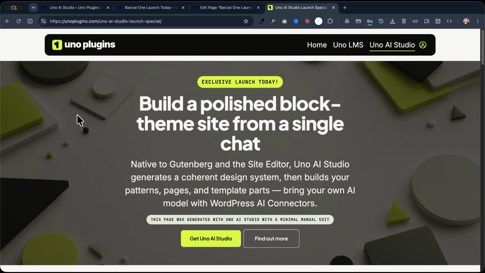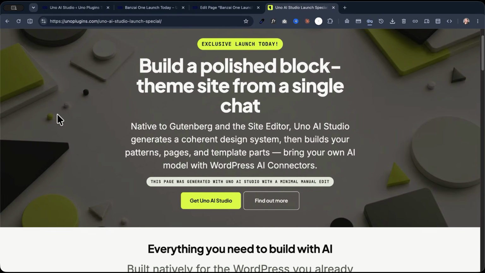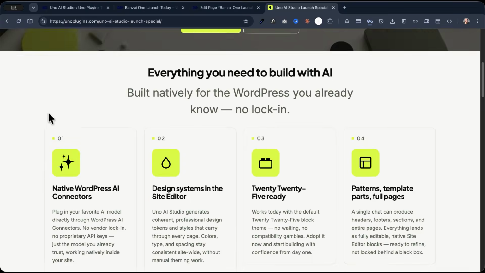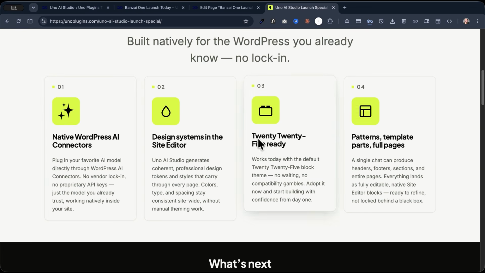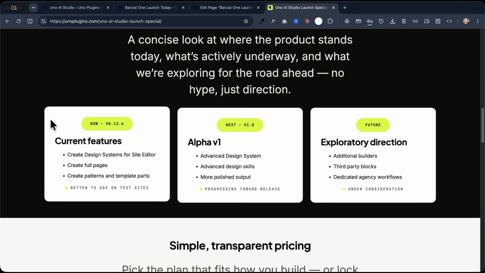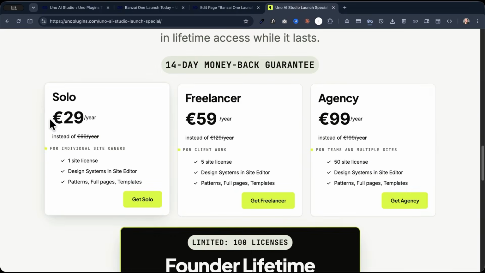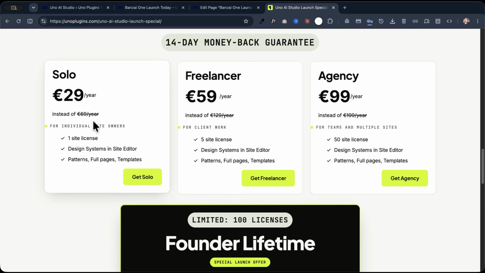But I must say that I'm using it right now on my production website, unoplugins.com, and I have used Uno AI to generate this beautiful landing page to present this plugin, Uno AI Studio. As you can see here, the page looks gorgeous. The design system has been all generated using Uno AI Studio,